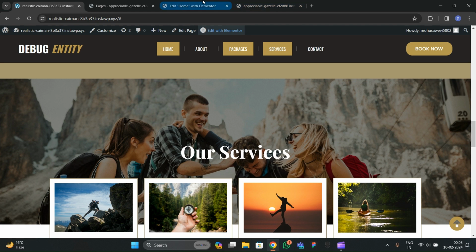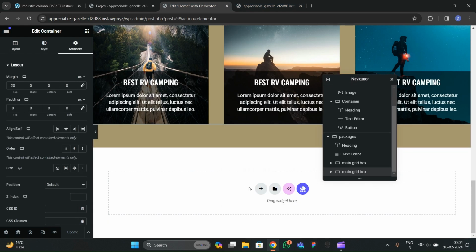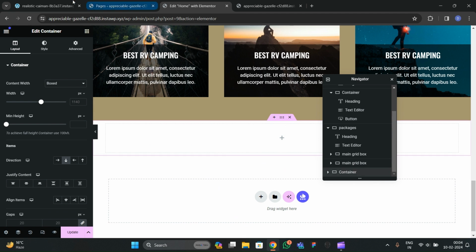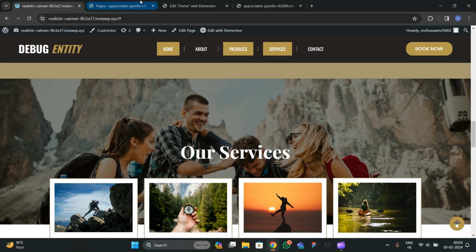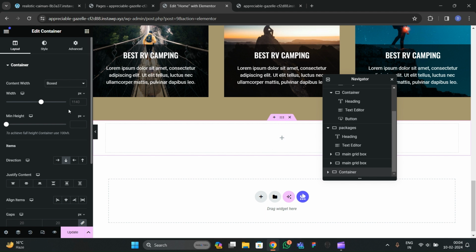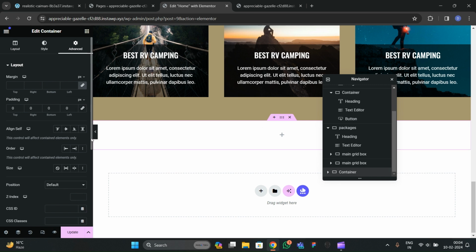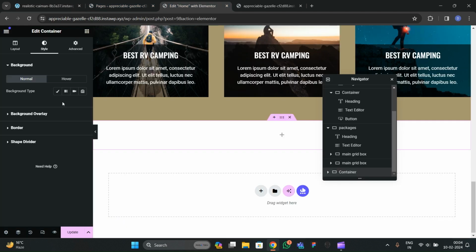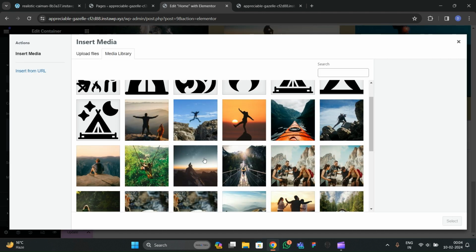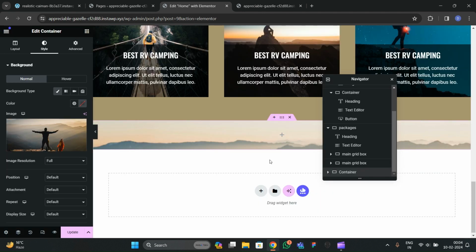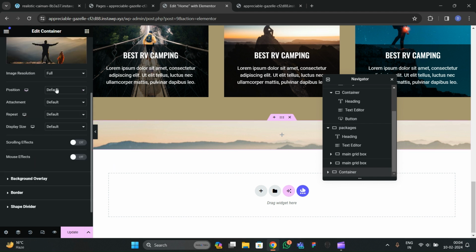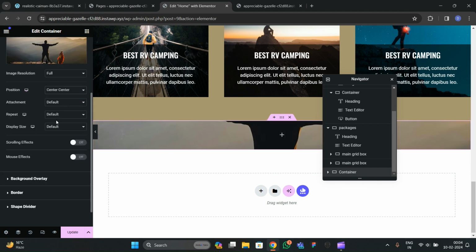For making the services section we have to add another grid here. So let's add a section here. After that let's go to the section, and here we're going to choose 1300 pixel minimum width, go to advanced and remove all the padding. And after that we have to add an image. So let's go to styles, and from here we're going to choose a background image. So let me choose this image this time. Go to position and make it center and center,